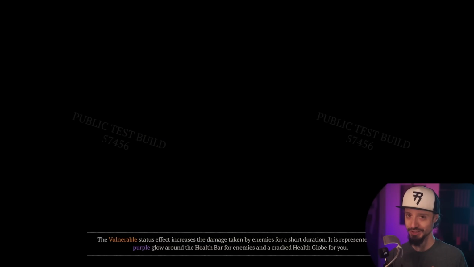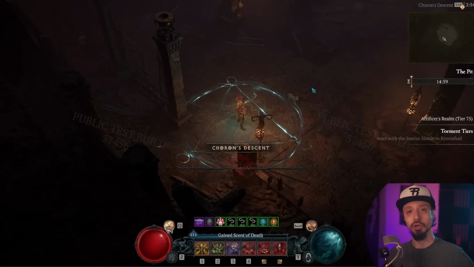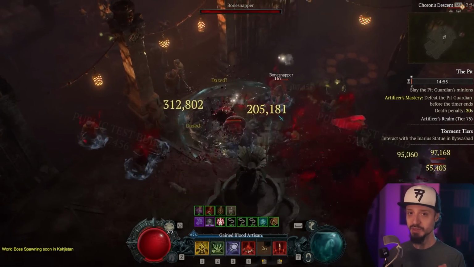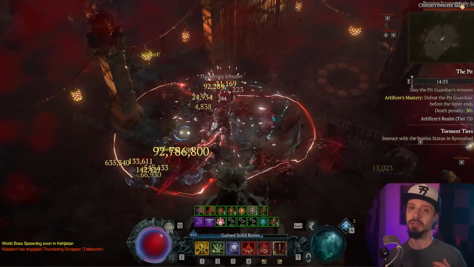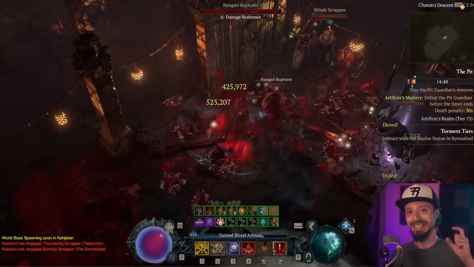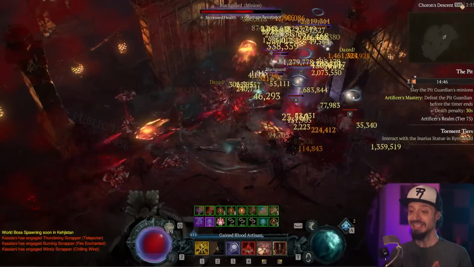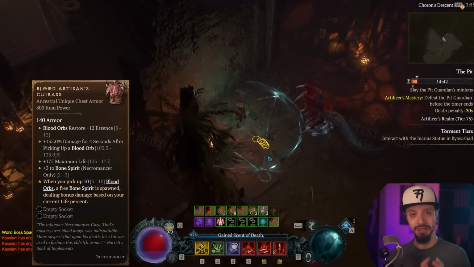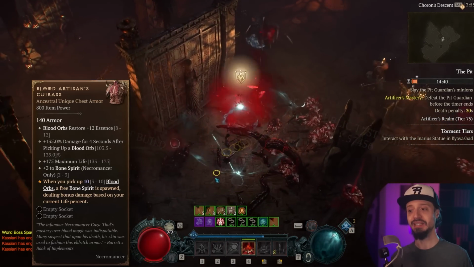This one as well I really enjoyed, and this one technically also is emerging now in Season 5, and it is all about Bone Spirit being triggered by Blood Wave, the ultimate. Now, Blood Wave is an ultimate that leaves behind 6 blood orbs, and then this unique, the Blood Artisan's Cuirass, will make it that when you pick up blood orbs after a certain number, it spawns a